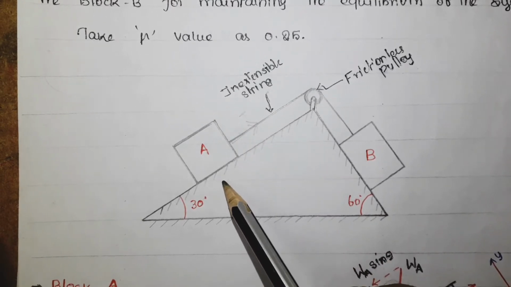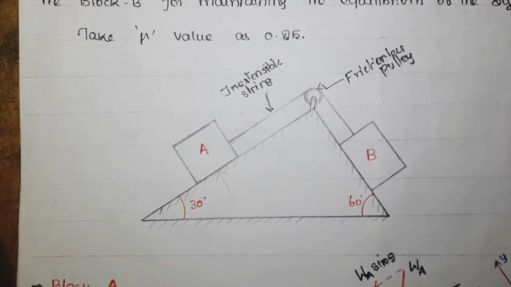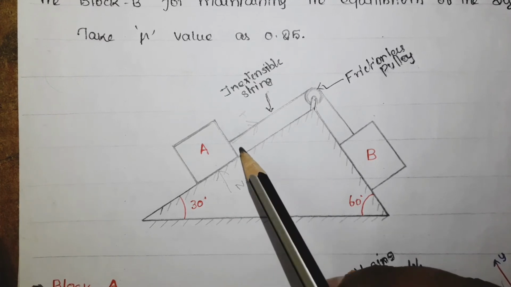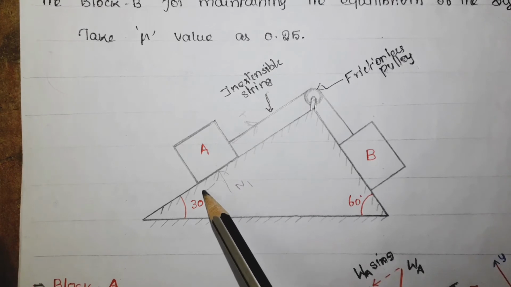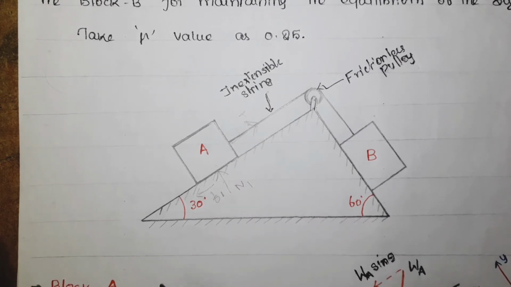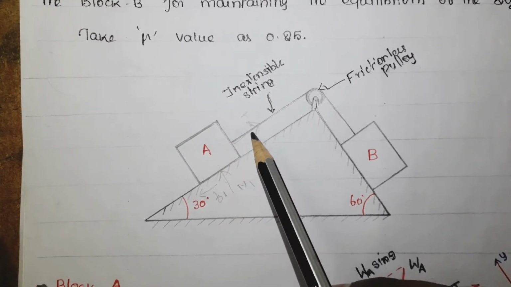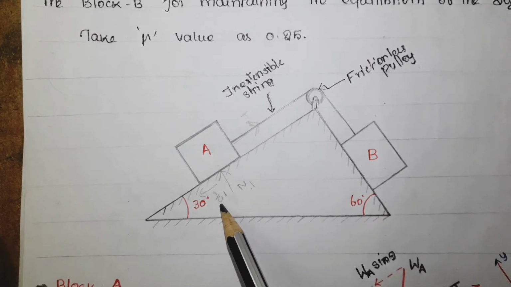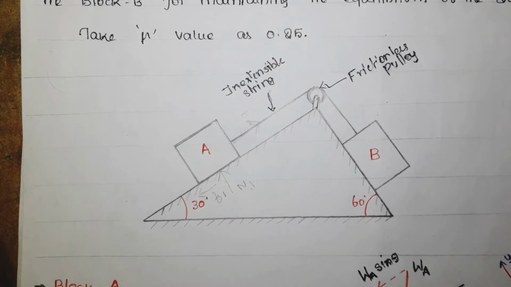Moreover, there is a normal reaction between these two surfaces that will always act perpendicular to the surface. So let me take this one as N1, and when the tension force is in this direction, the friction force will always be opposite to that one. So this is the direction of the friction force. Now you see here, the first one is the weight of this block, second one is the tension, third one is the normal reaction, fourth one is the friction force. So now let us go and draw the free body diagram.